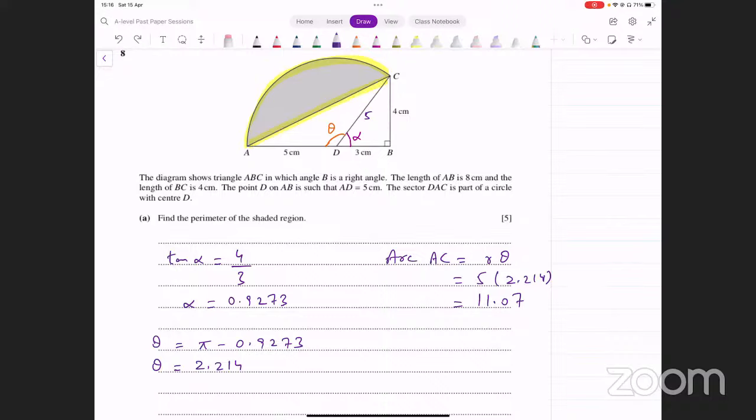ठीक है, अब ये length कैसे आ सकती है आपके पास? या तो आप cosine rule लगा लें, आपके पास theta की value आ गई है, cosine rule use कर लें, उससे भी आपके पास आ जाएगी. या फिर आप इसको ब्रेक करके दो आइसोसेलेस ट्रायंगल्स बना, दो राइट एंगल ट्रायंगल्स बना लें, तो एक लेंथ निकाल लें ट्रिग्नोमेट्री यूज करके और उसको 2 से मल्टीप्लाई कर दें. So that's your choice. अगर आपको कोसाइन रूल याद है तो उससे ये इस केस के अंदर जल्दी हो सकता है थोड़ा सा,